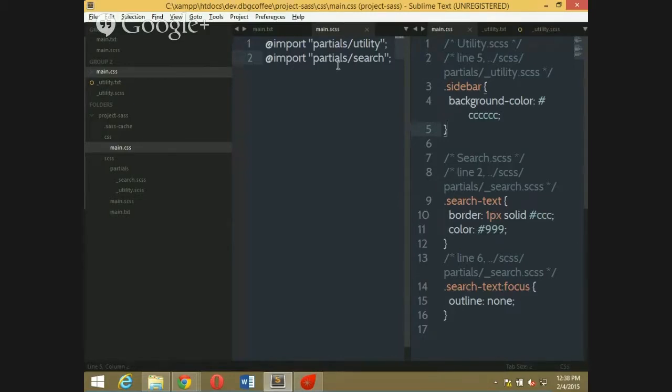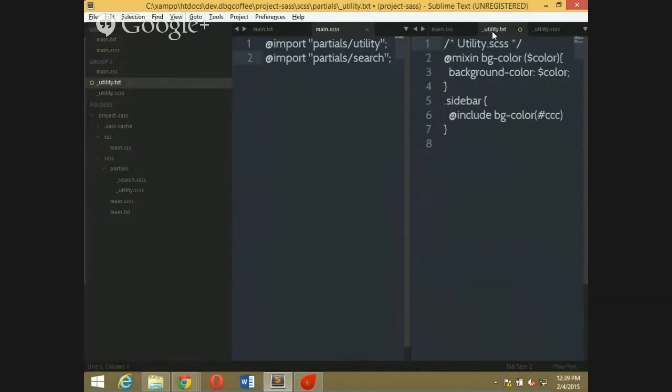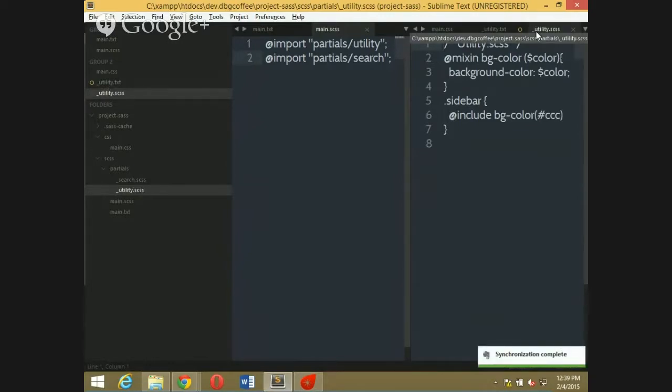No, not overriding. Yeah, it's just copying. No, I'm just asking. See, in the utility and search, imagine I have dot search in both also. So which one will it import? It will import both. But it will be ambiguous, right? Yeah. Dot search. Then what will happen? Yeah. While writing the CSS, we have to make sure it never happens.